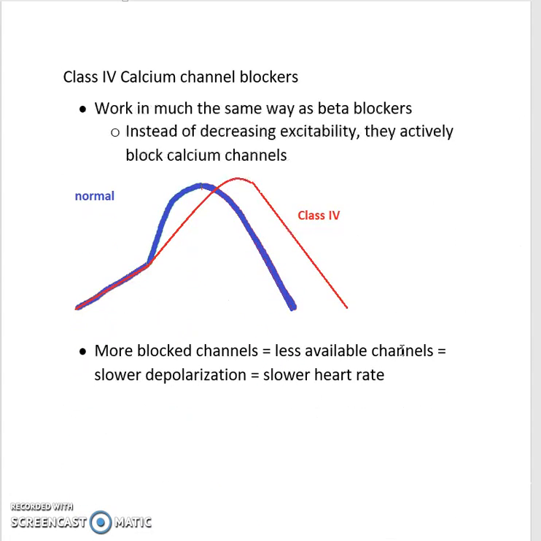Finally, we have class 4s, which are the calcium channel blockers. They work in kind of the same way as beta blockers. The difference is that beta blockers reduce excitability to prevent more channels from opening, whereas calcium channel blockers actively close channels. But in terms of the EKG, they'll have